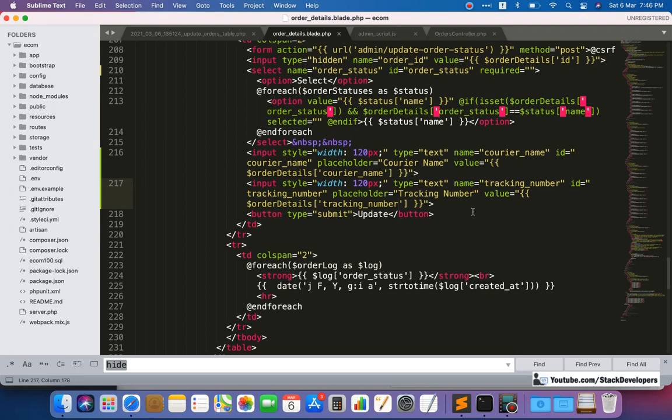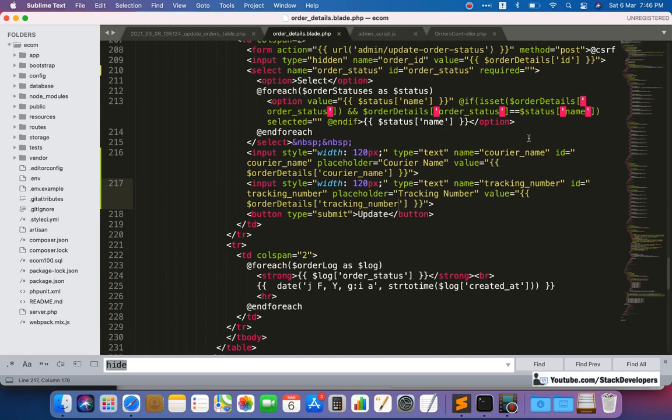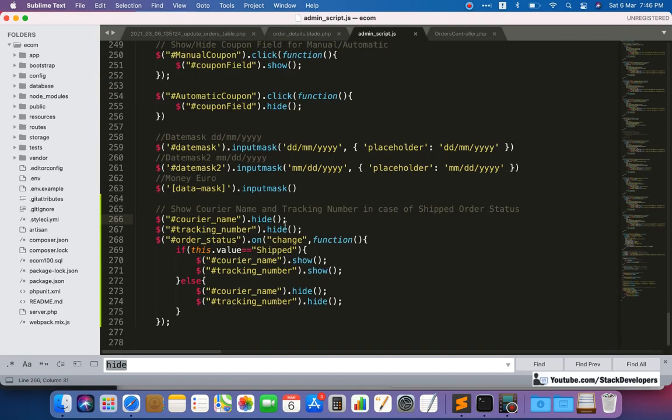So we have added the values, but now one thing we need to check, that if the courier name or tracking number already exist, in that case we want to show the data as well. We have already added the script here, but if the data is there, then we have to change its status to show if the courier name and tracking number already exist. Okay, so in that case